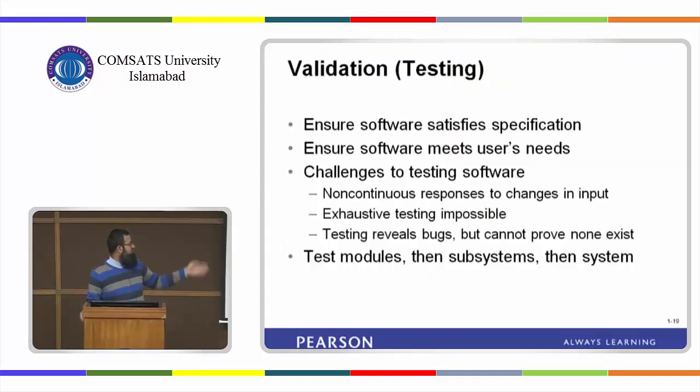The next is testing reveals bugs but cannot prove none exist. It's again related to this one. When we perform a set of test cases, yes, we can identify the bugs, we can identify the errors, but we cannot guarantee that there is no error because we cannot do the exhaustive testing. ठीक है ना, जब आपने हर इनपुट के अगेंस्ट उसको देखा ही नहीं है तो आप गारंटी नहीं